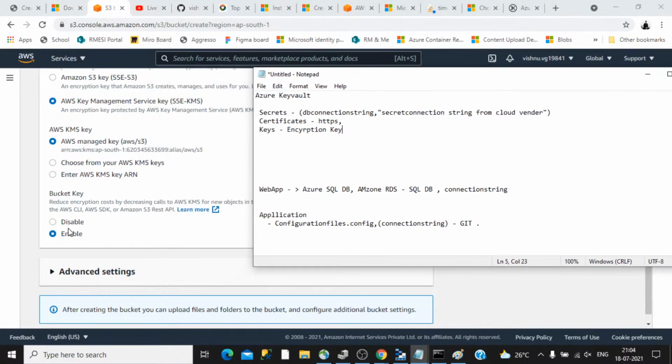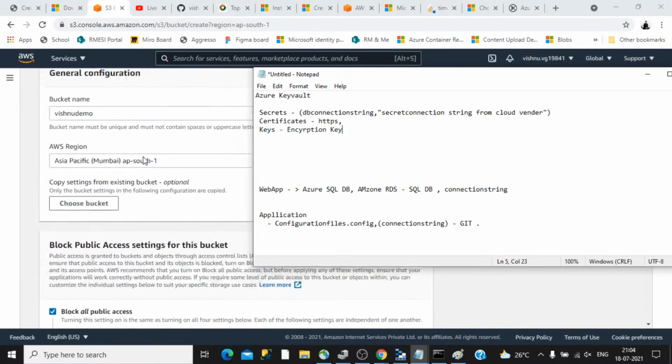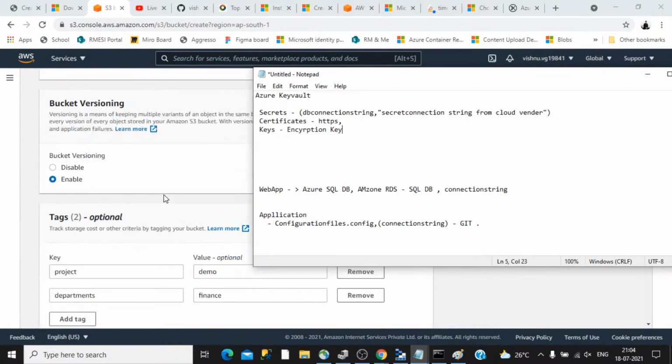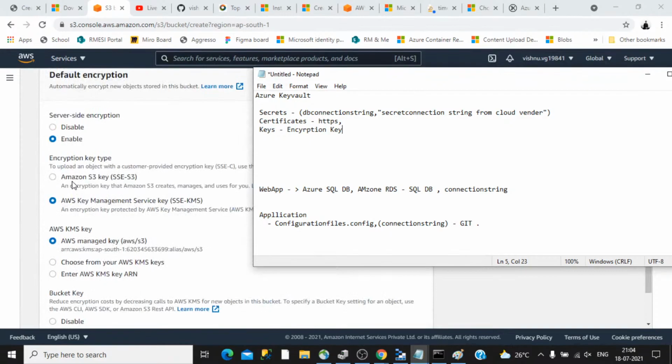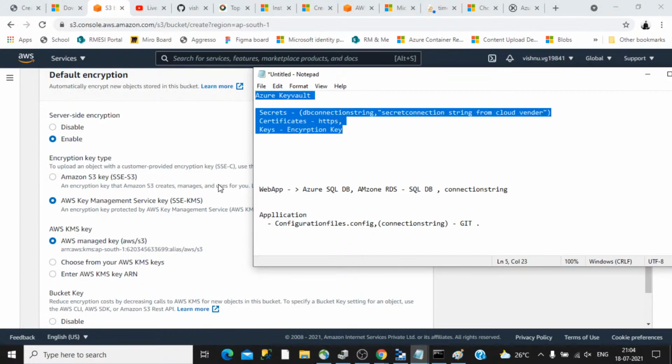That same thing is what we are viewing here. If you want your data in this particular bucket to be encrypted, either Amazon will manage it on its own, or if your application has a custom requirement to provide a custom key, then you can store that here in Amazon. Not here, this is Key Vault. Key Vault is a generic service.